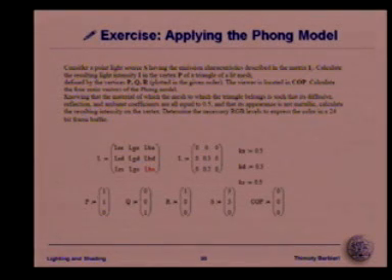The viewer is located in COP. That's the position of viewer. Calculate the four main vectors of the Phong model. It doesn't say here which are the four main vectors, but you know that they are N, L, R. I don't remember the fourth one. Very good. Actually, I did remember, but